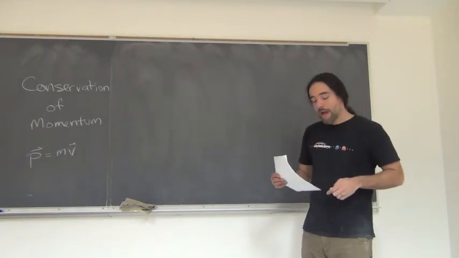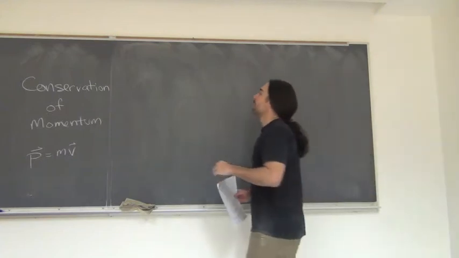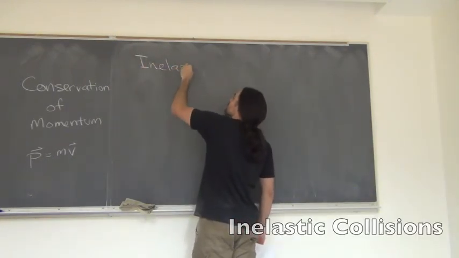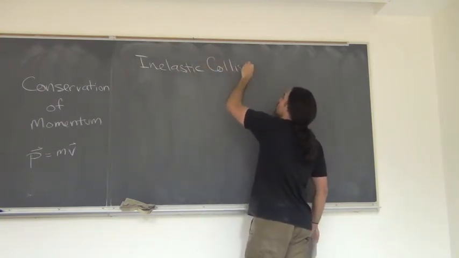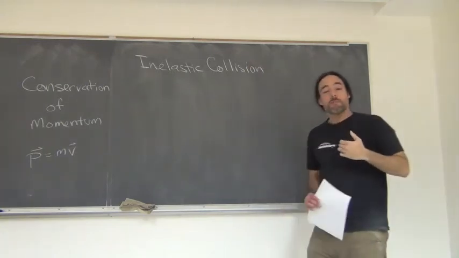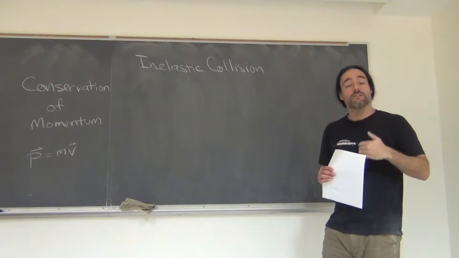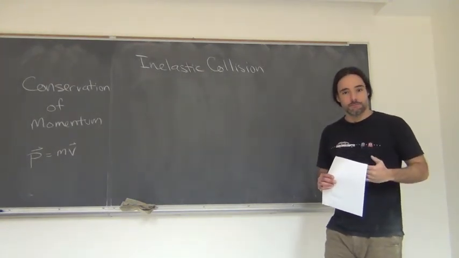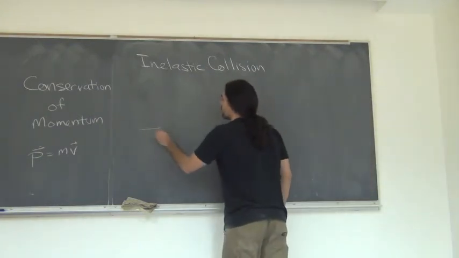Well, I think the best way to do that, again, per usual, is with an example. And I want to use the example of an inelastic collision. What do I mean by an inelastic collision? Basically what I mean is a collision where two objects end up sticking together. So let's suppose for the moment